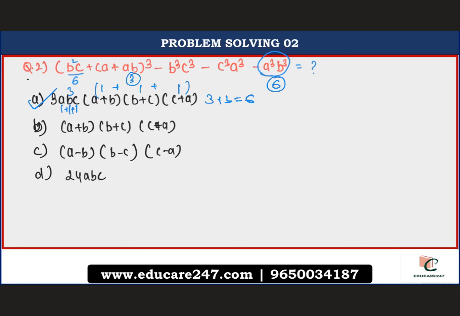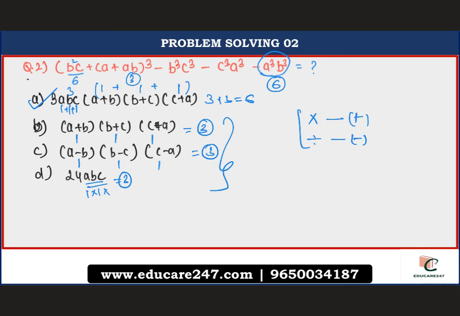Still, we will cross check other options. Here it is 1, here it is 1, here it is 1. Alright, multiplied, so the overall degree is 3 after addition. Alright, here it is again 1, 1 and 1. Right, again after multiplication the degree should be 3. Here it is already 1 into 1 into 1, the degree is 3. So in all the other options the degree is 3, while in the first option the degree is 6. I hope you have understood how it is 6. Always keep in mind, while resolving degrees, in multiplication you add the degrees, and while dividing you subtract the degrees. Alright, always keep this in mind.